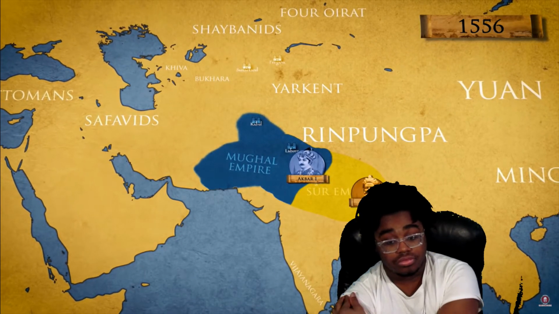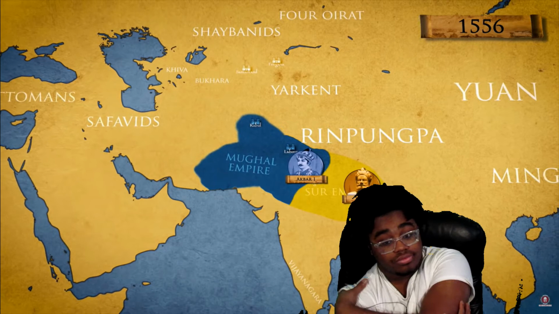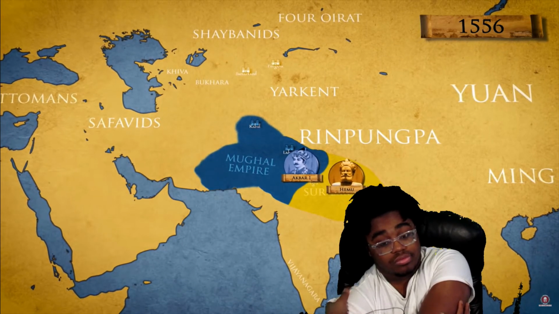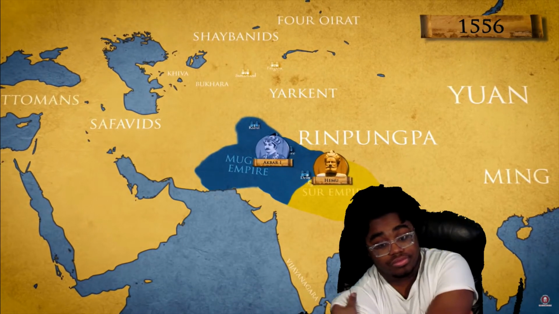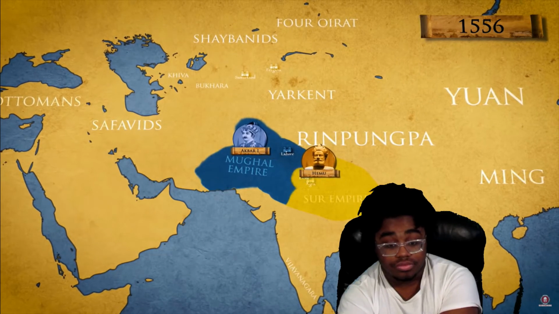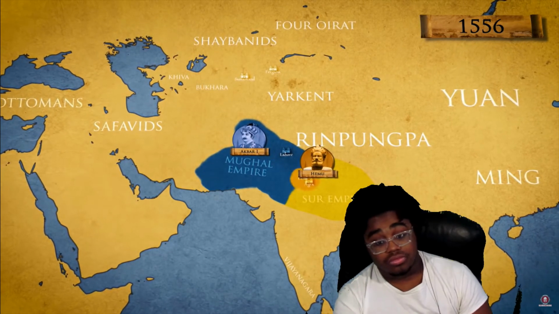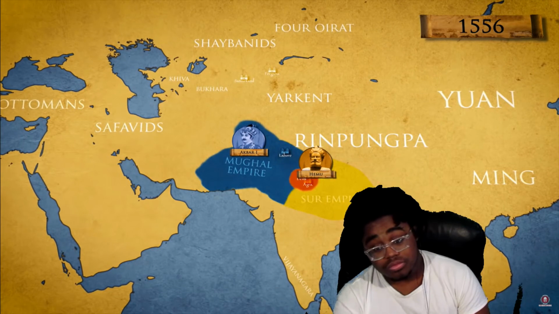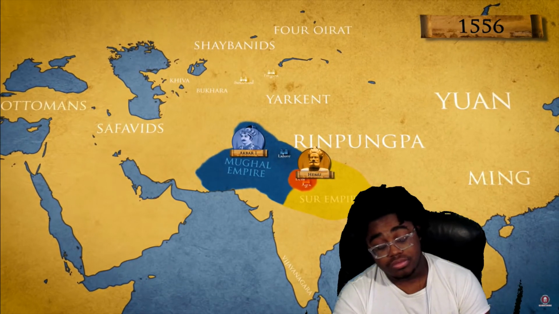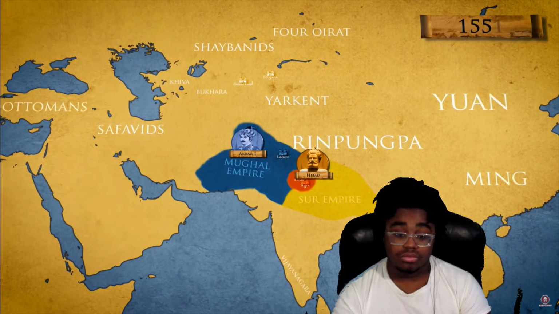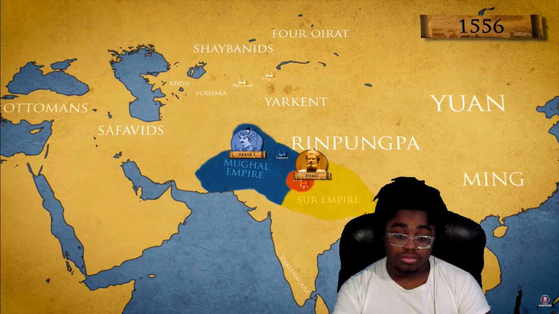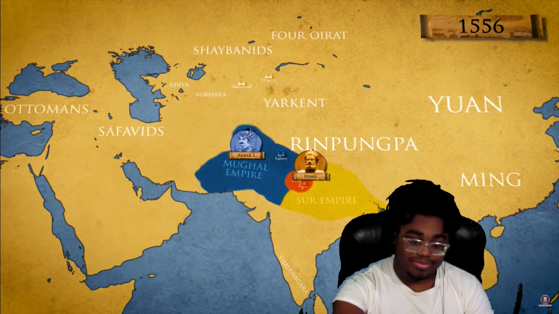This allowed the Suri Empire to counterattack. Chief Minister Hemu moved swiftly, and in early October of 1556 claimed Delhi. Surprisingly, he also declared independence from the Sur Empire and was coronated as king. The new Mughal leader, Akbar, was just 13 years old, but his guardian, Bairam Khan, was a capable commander.